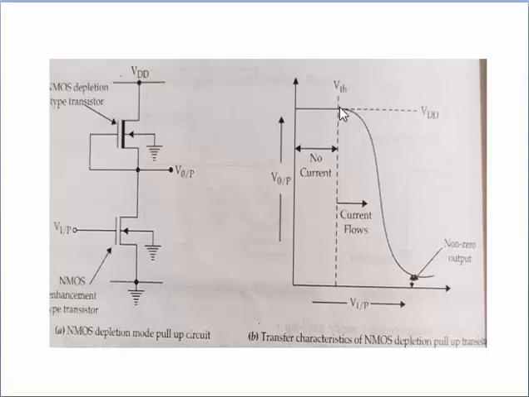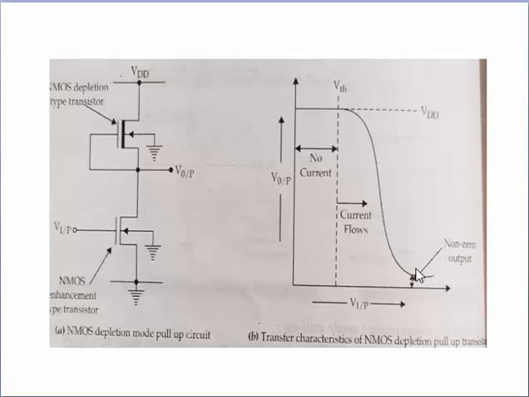If you observe the graph, it is a graph between V input and V output. It begins switching to 0, meaning when V input is 1, it will not spontaneously give an output of 0. But when V input crosses the threshold voltage, at that time the output becomes 0. But according to the graph, it is shown that the output is non-zero.